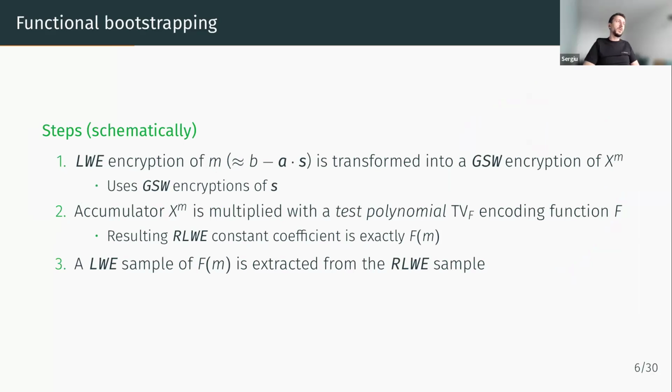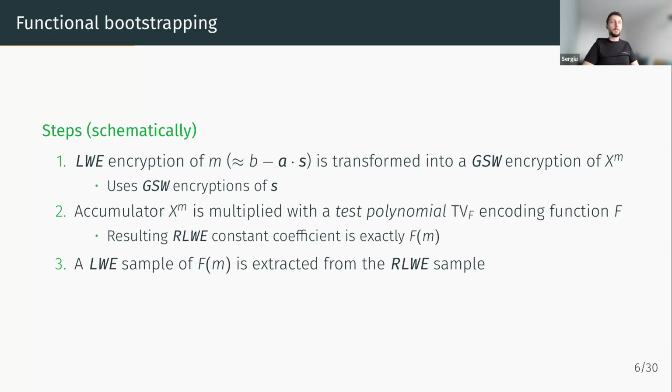Schematically, the steps in a functional bootstrapping scheme are easy to understand. You have an input LWE encryption of a message m, and this encryption is transformed into a GSW encryption of x to the power of m. So we use a GSW encryption of a secret key S in order to do this transformation. And the powers of x represent a group in the polynomial ring